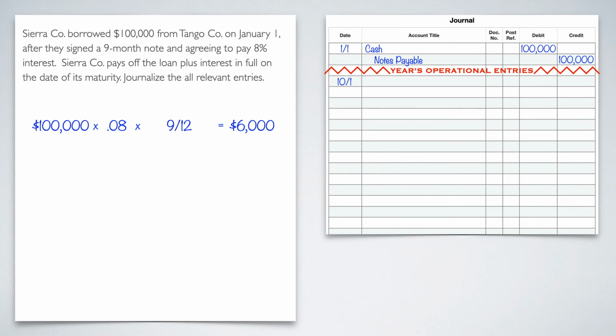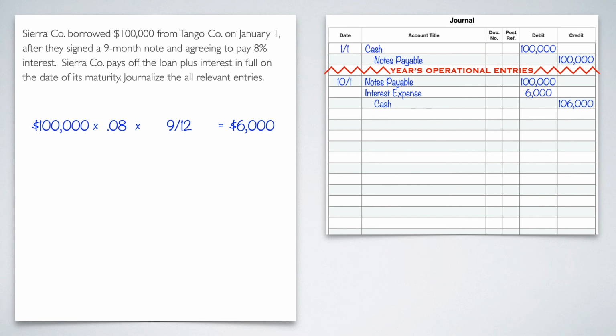So we're going to lose the cash. We'll go ahead and credit cash for the principal amount plus the interest, so 106,000. Go ahead and get rid of the notes payable principal amount, so we'll debit notes payable for 100,000. And then finally, the last 6,000, we're just going to put in interest expense, because we don't have an interest payable. This is all within the same year, so we don't have it payable. We're just going to expense it outright all at once. So that's how you handle a notes payable example when it's all within 1 year.